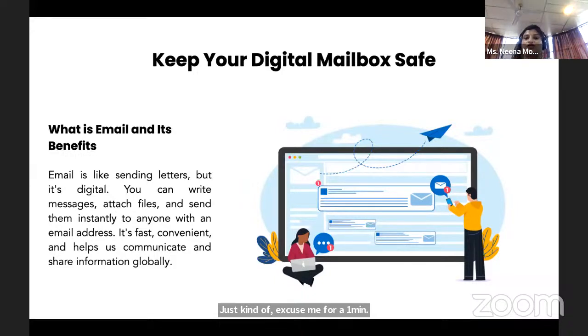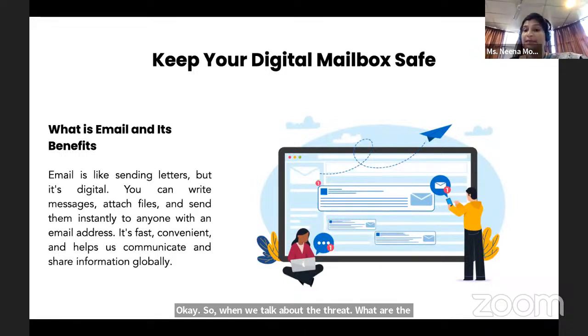Okay. So when we talk about the threat, what are the cybercrimes which are happening based on emails? According to the study, 90% of cybercrimes happen just with phishing attacks. Phishing might be through email, message, or calls. That will be taken in a different session. I am not going deep into this, but I'm just sharing a rough idea of what phishing is,